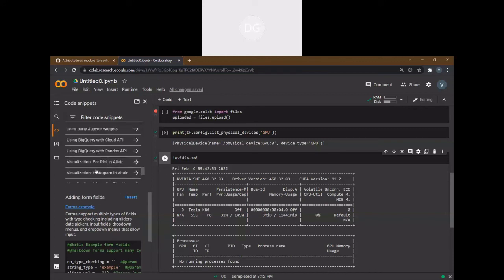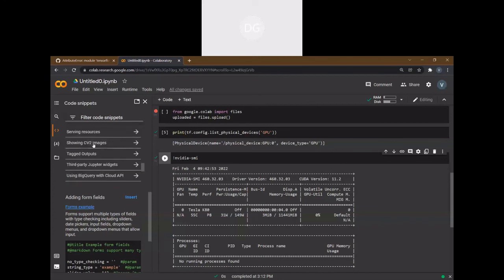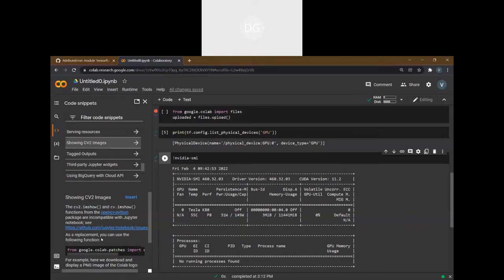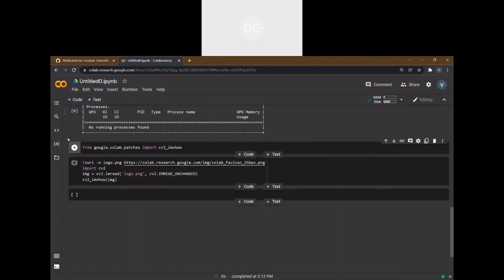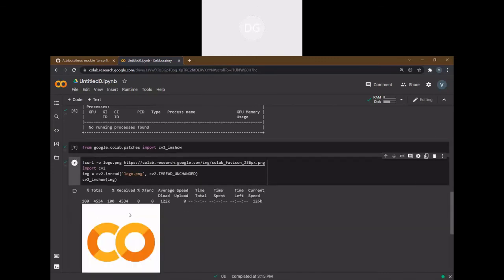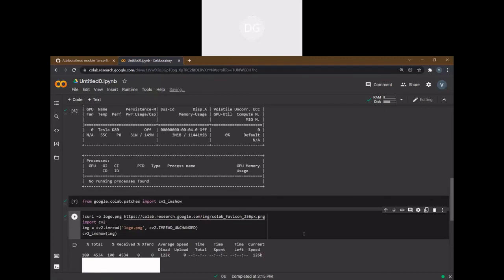For example, showing a CSV or image, like that. If you simply click insert, it will insert into your Google Colab. All you have to do is simply run your cells. Like this, features are also available in